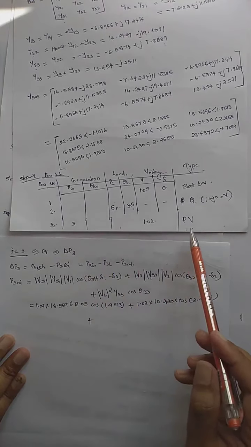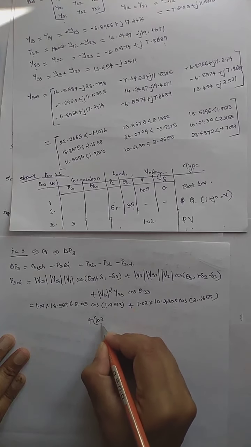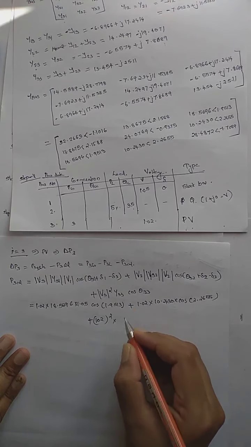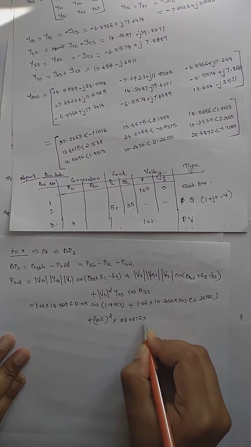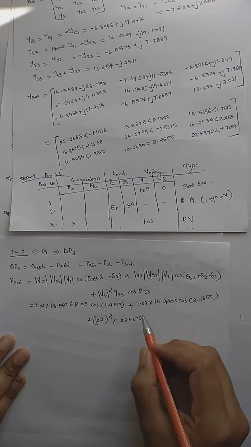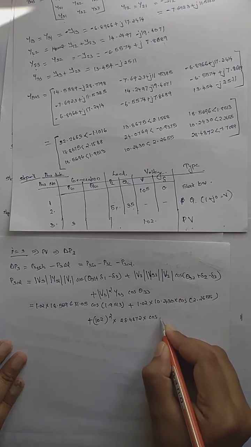V3 square value is 1.02 the whole square into Y33 is 28.4872 into cos theta 33, that is cos